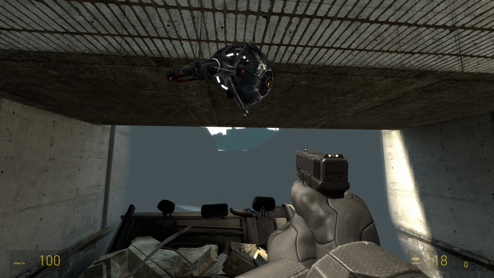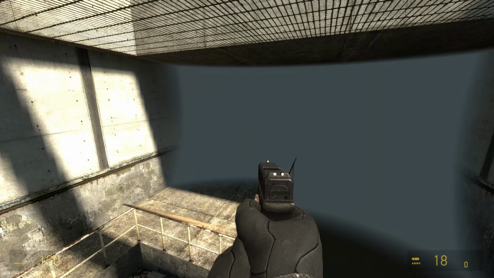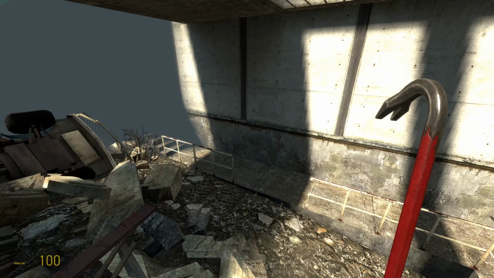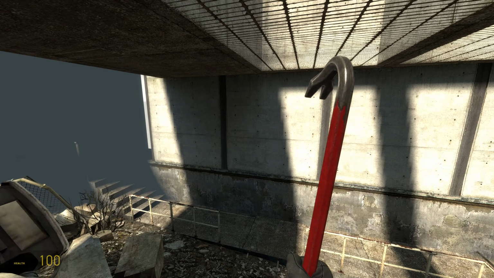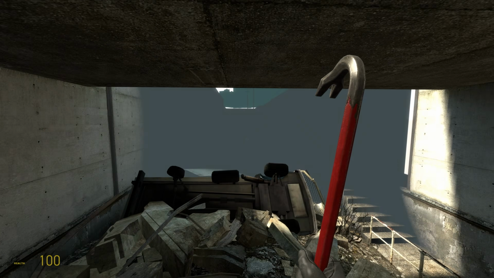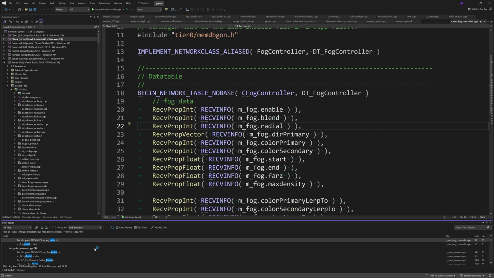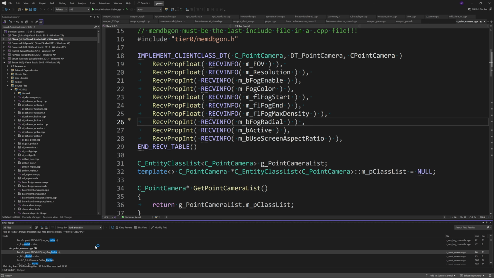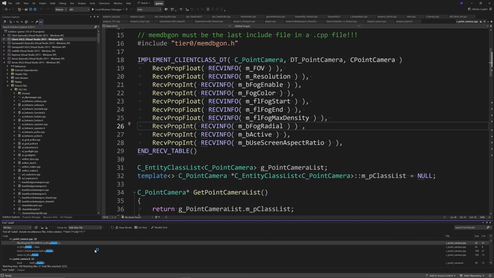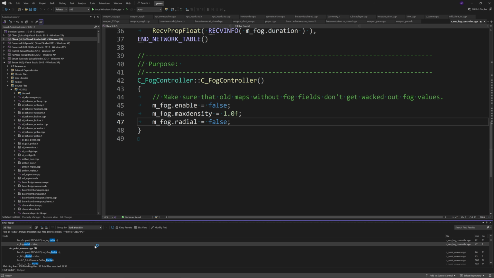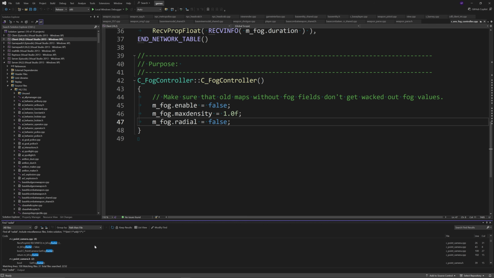the usual linear fog, and stuff like vertex lit generic shaders, cables and sprites also get affected correctly by radial fog. And I guess you could go about adding some of the radial fog stuff from the Source 2013 multiplayer code into the Source 2013 single player code if you want to make it so there's the choice between having